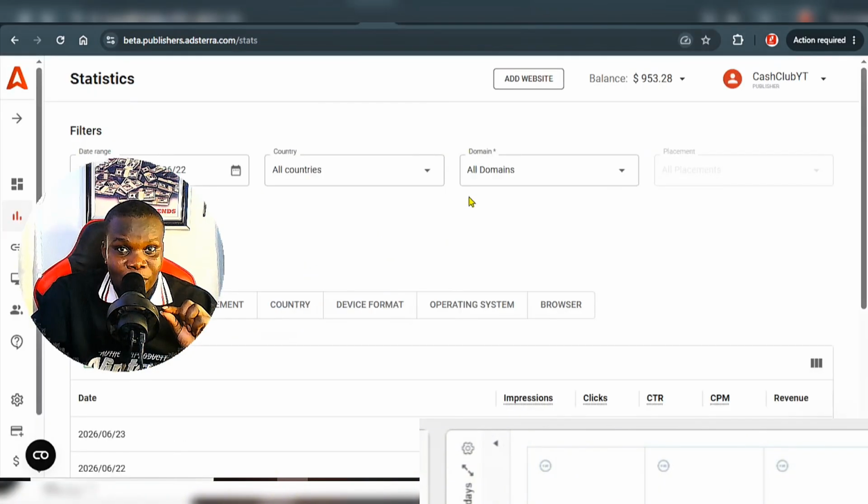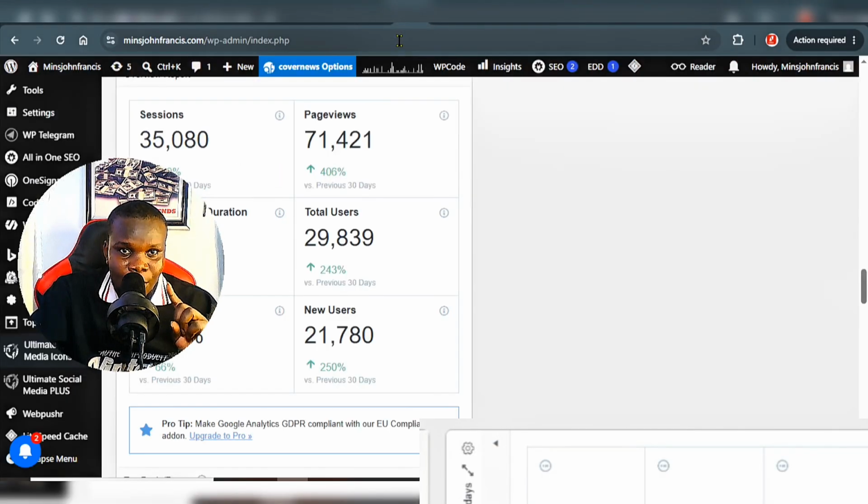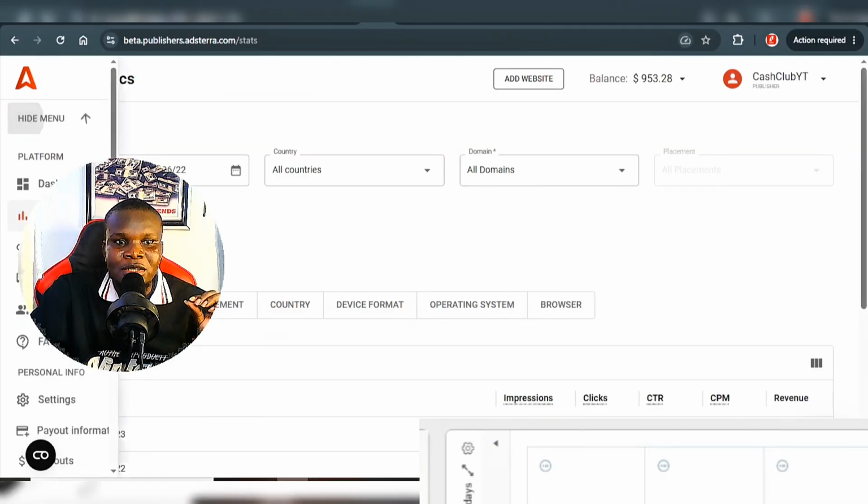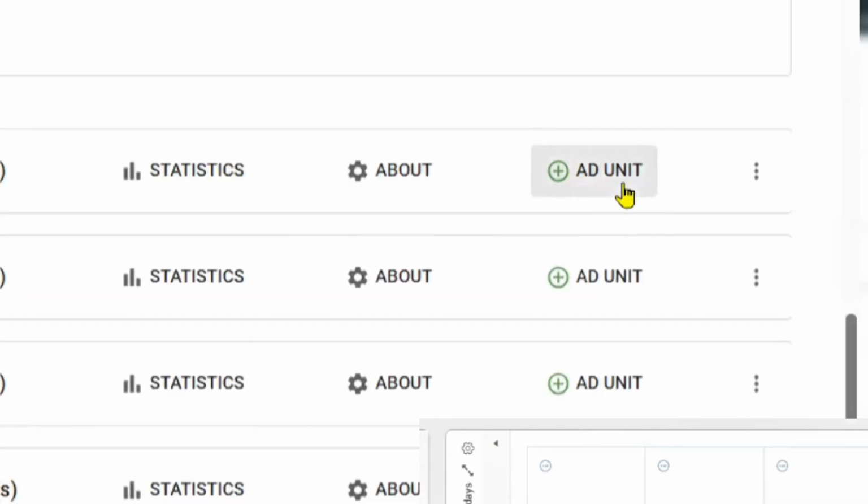If your bounce rate is always going up and you're monetized with Adsterra Monetag, then your impressions will be lower, and your CPM will also be lower, right? So if my team have already built your website, the next thing you need to do is simply log into that particular website. If my team have already embedded your Adsterra ad code, then you have nothing to worry about, okay? If you go to this section that says website and you click on add unit,